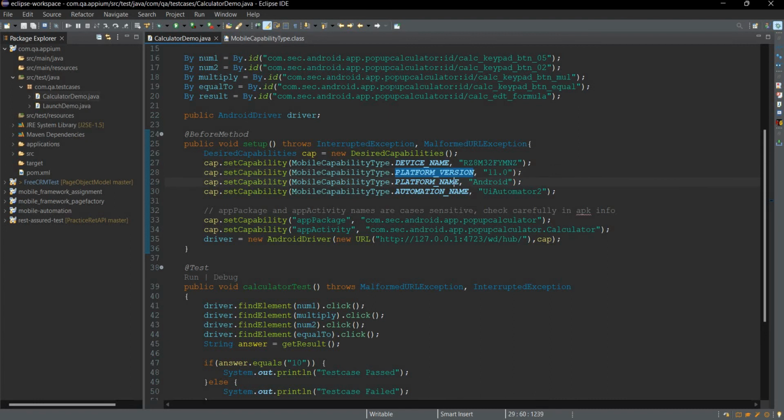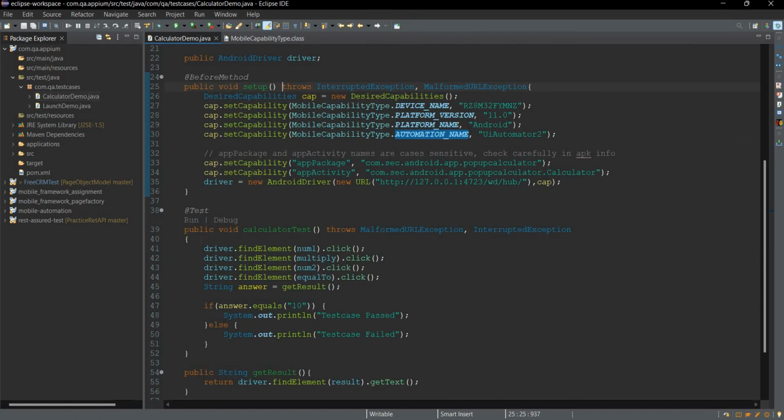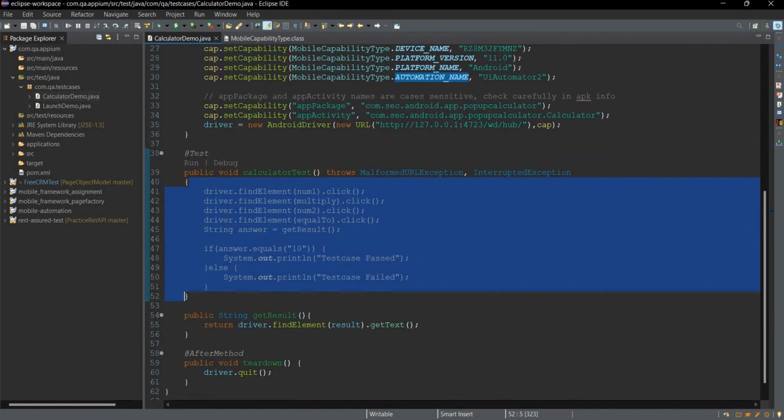platform version, platform name, automation name here, and these two we have added using code, like we will be setting the app package name as this and app activity name as this, and we will be using this URL. We can also give it as port and 0 here, and we will pass our desired capability here. So this method will do the setup work for this method, and in this method we are actually performing the